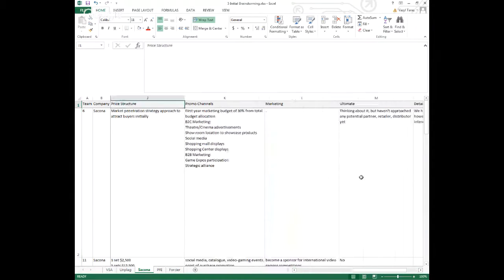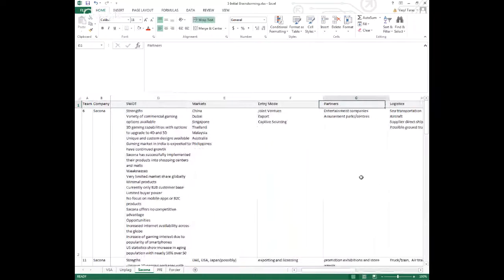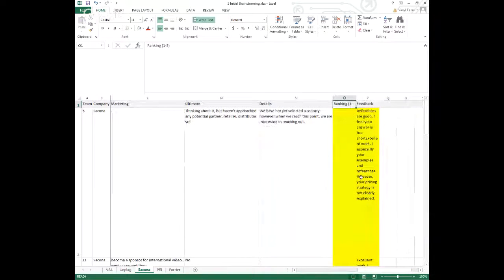So you just read the answers, right? And you provide some feedback. But there is also the column that we call ranking. And again, this is something that we experimented with and tried different approaches, different scales for ranking, and eventually decided to go with literally what we call ranking and not rating. And let me explain the difference.